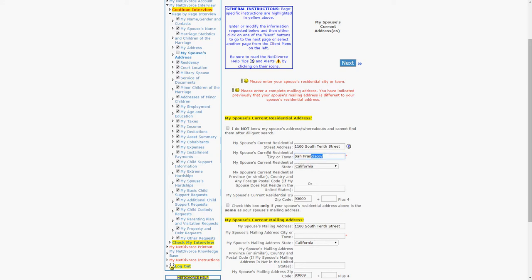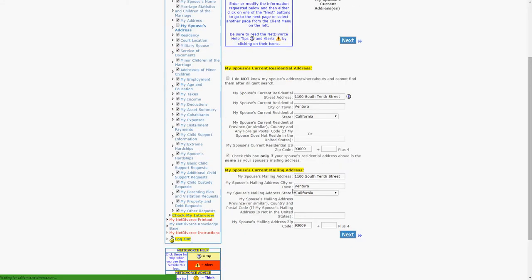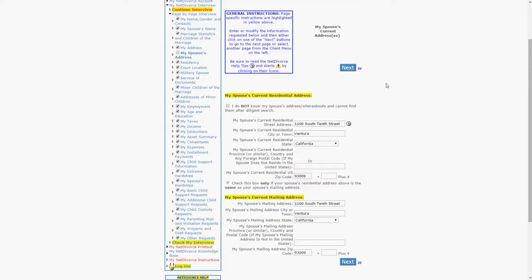Let's just make it San Francisco. Our zip code is going to be wrong. Let's go ahead. That's a Ventura address, so let's make it Ventura. His mailing address is the same as his residential address, so if we click that box, it'll transfer the correct